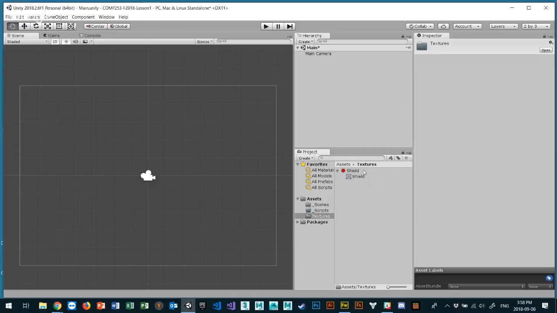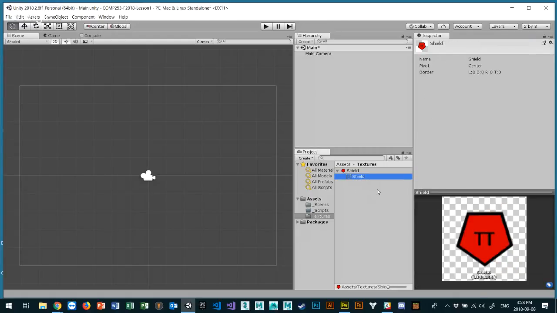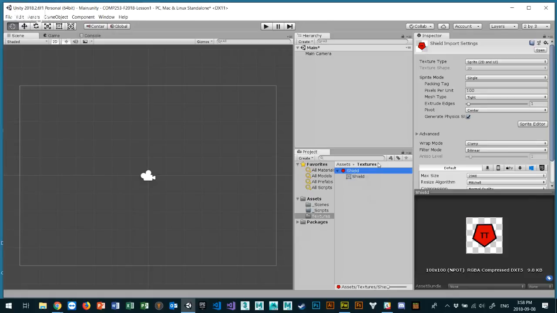It's called my shield. There it is. It's a shield device. It looks like this. Notice I get a preview of the image over here, right? That's what this looks like in my shield. The shield actually has two parts to it. One is the outer part and one is the inner part. Here's the outer part. And it says that the texture type is a sprite, 2D and UI. Notice it says that on the right-hand side inside my inspector, okay? And if I take this thing, and if I drag and drop it into my scene,